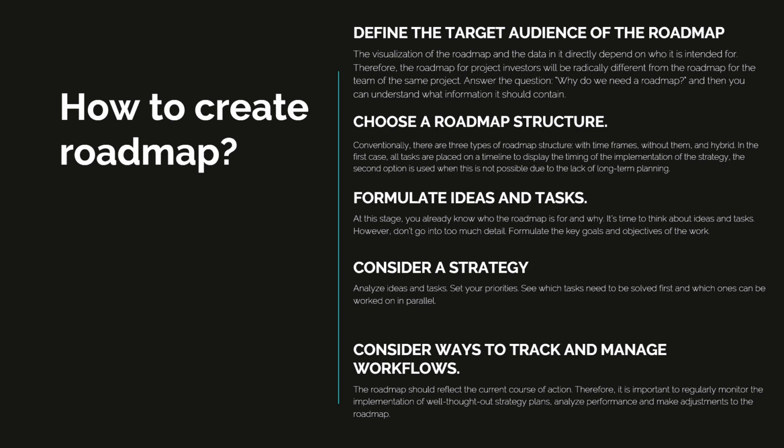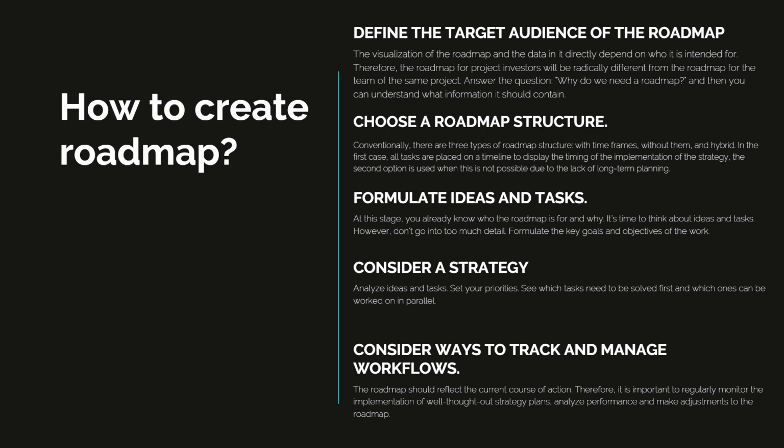Second step: choose a roadmap structure. We have three types of roadmap structure: with time frames, without them, and hybrid. In the first case, all tasks are placed on a timeline to display the timing of the implementation of the strategy. The second option is used when this is not possible due to the lack of long-term planning. Next step: